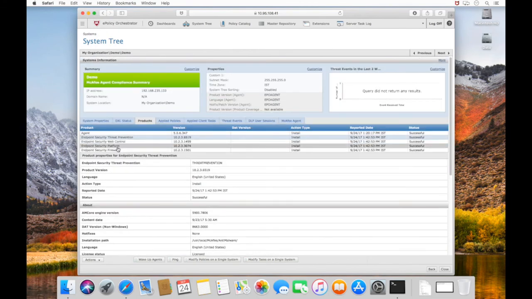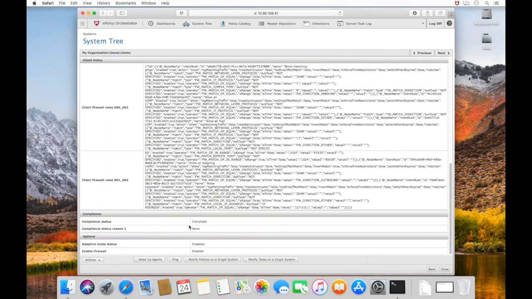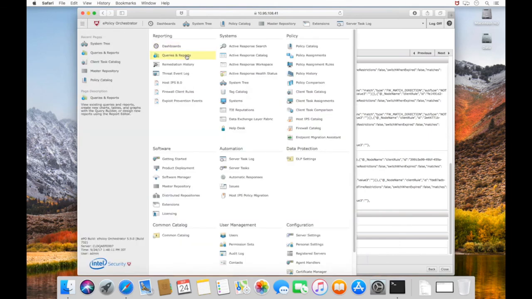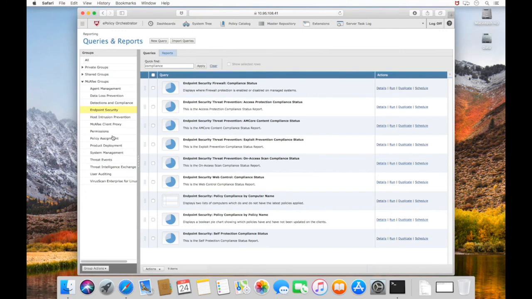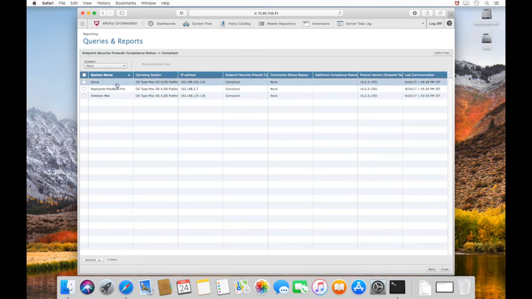Let's also look at the firewall product properties. Firewall compliance is also now set to a compliant state because it is enabled. Now if the EPO admin chooses to run his compliance queries, he should see that the machines show up as compliant. So let's run the firewall compliance status. As you can see, there are no machines being reported as non-compliant. And the machine used for this demo is now in the compliant state. Similarly, he can run queries for